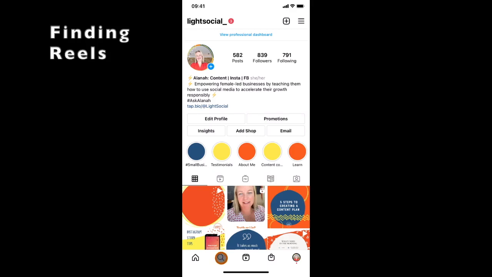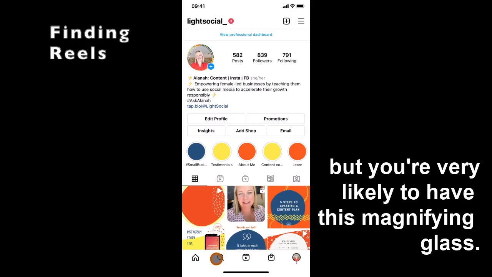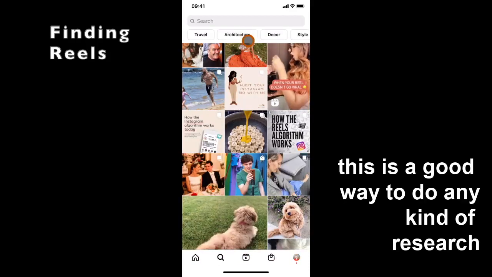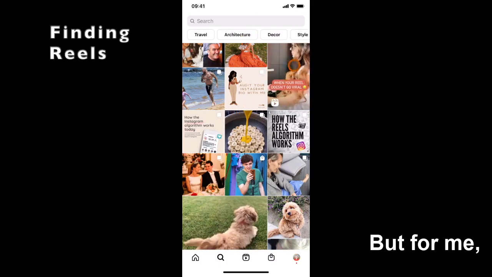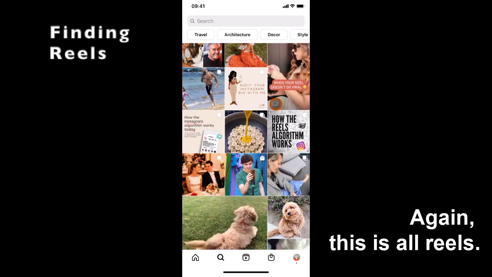this Explore tab. Now I should say that you may see different options along the bottom here, but you're very likely to have this magnifying glass. And if I go into this, it's a good way to do any kind of research on Instagram. But for me, what you're doing here is up in this top right hand corner, there's the symbol again. This is all